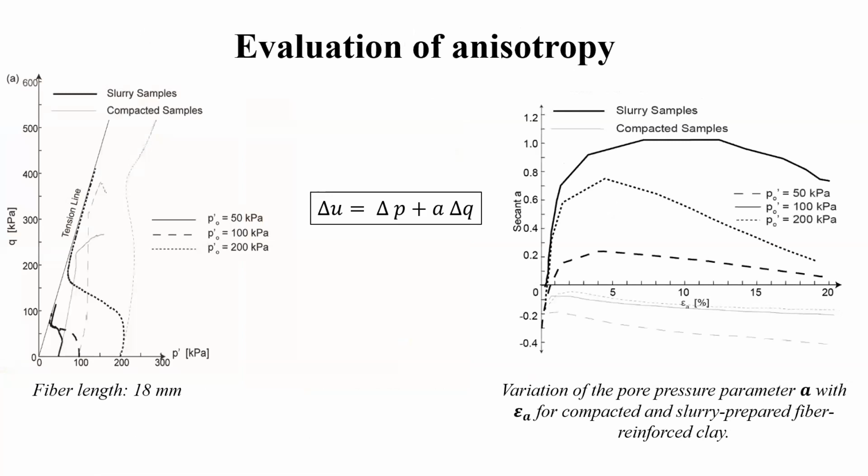Attempts were made to evaluate the extent of anisotropy exhibited in slurry and compacted samples using the pore water pressure measured during the undrained loading. So the A over here is the slope of the effective stress path. And this graph plots the secant A value with axial strain for all slurry samples and compacted samples at 3